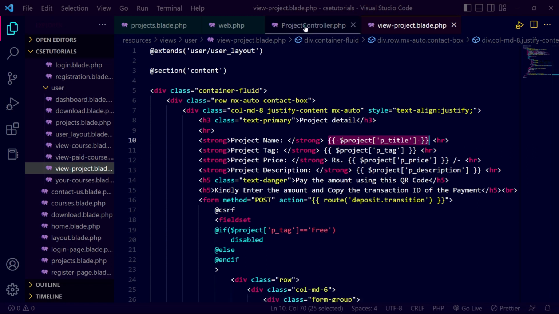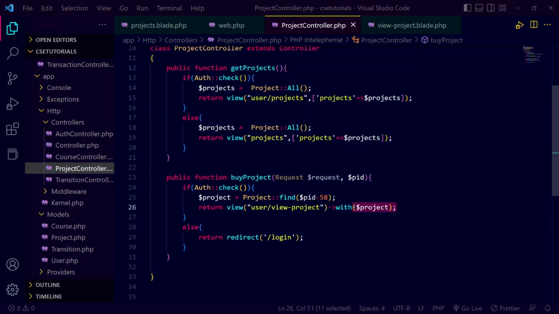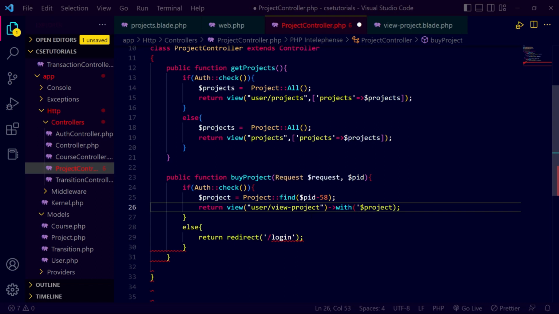So the solution is that you can pass the project data, but you have to pass two parameters. The first one will be the key and the second one will be the value.